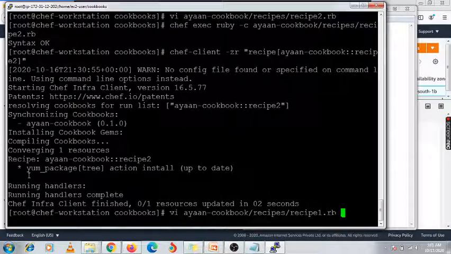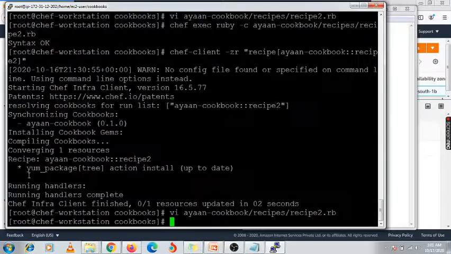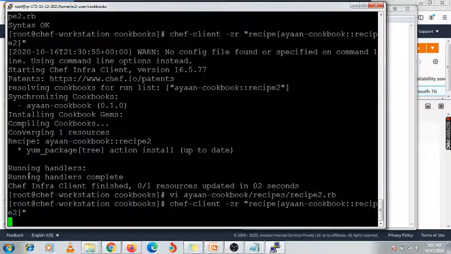If suppose I want to change that recipe, I am going to change it. This is my recipe 2. Here I have mentioned, and suppose I need to mention remove, so that it will remove the tree package. So I am just going to use remove, save it and execute it again.